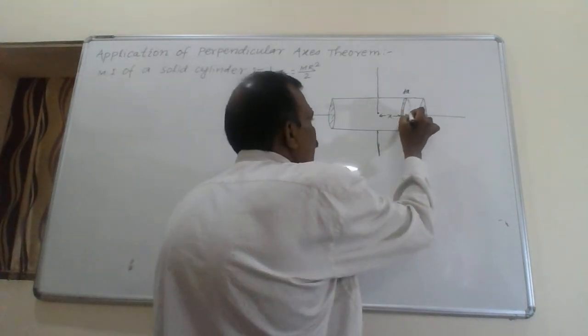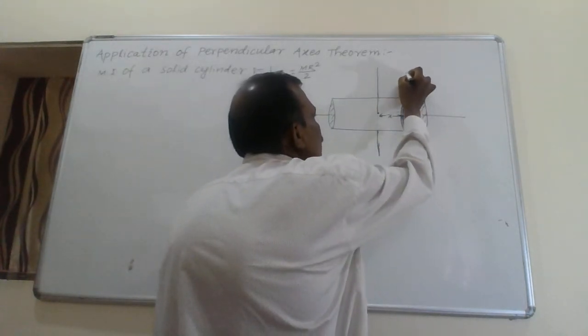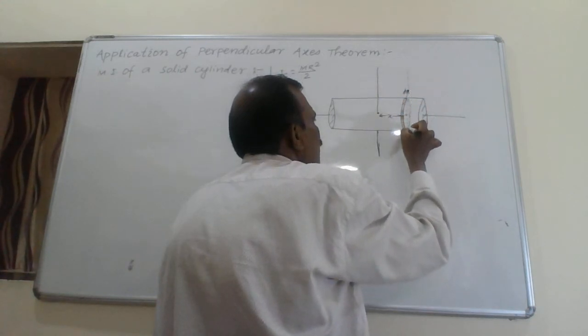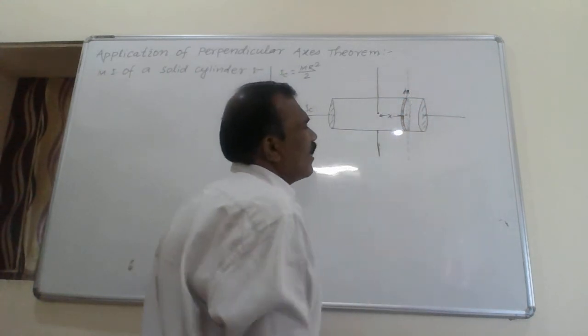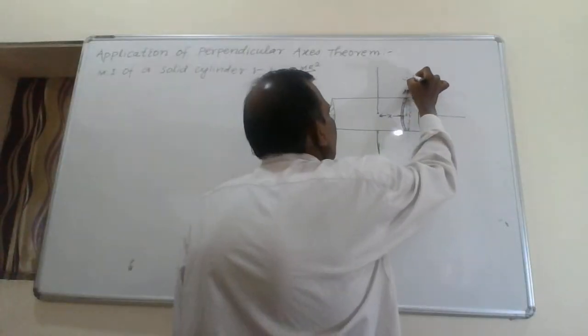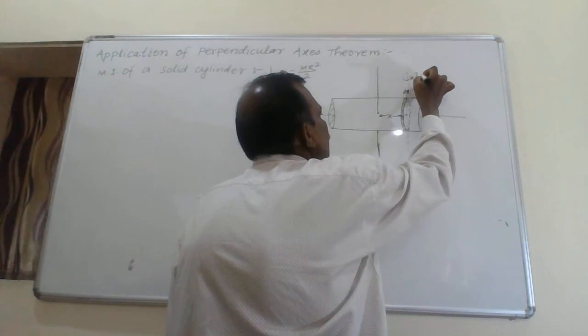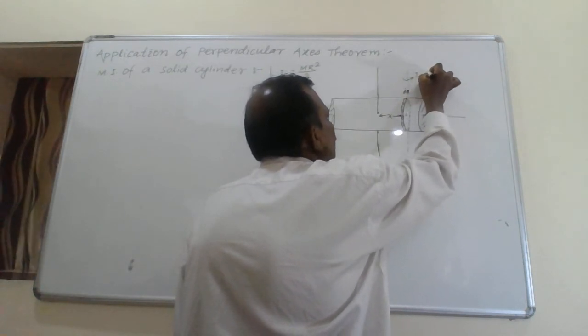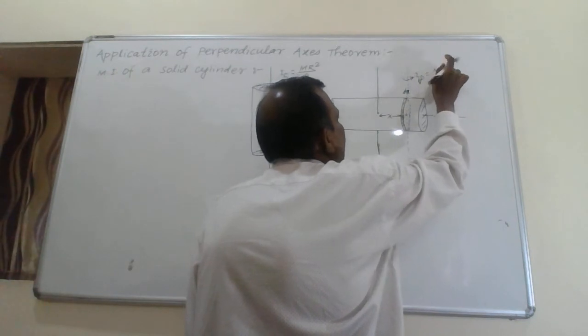Now we have here the moment of inertia of this disc about an axis passing through its center and along the diameter, it is our ID, and the ID is equal to MR